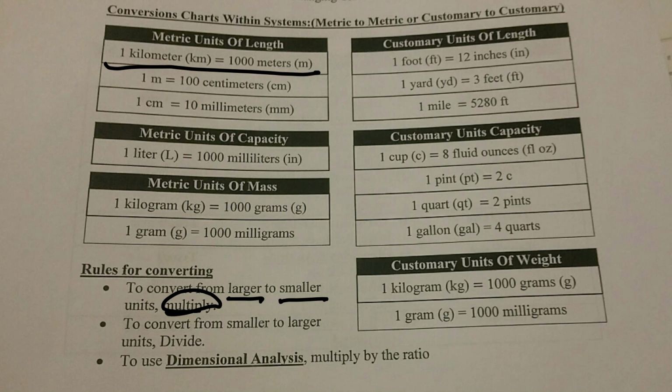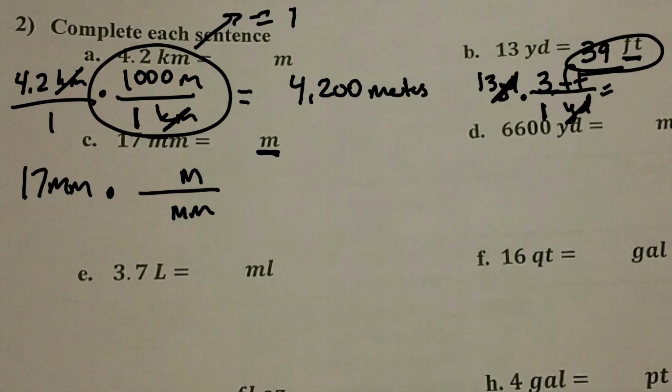There's 1 meter, and notice 1 meter is 100 centimeters, and 1 centimeter is 10 millimeters. So I'm actually going to put them together. I have 10 millimeters is 1 centimeter. So you notice I wanted the millimeters to cancel. I'm going to do 17 over 10